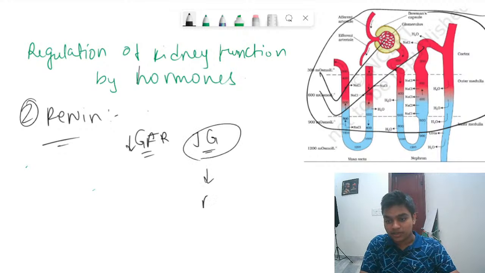These juxtaglomerular cells secrete renin, and this renin converts